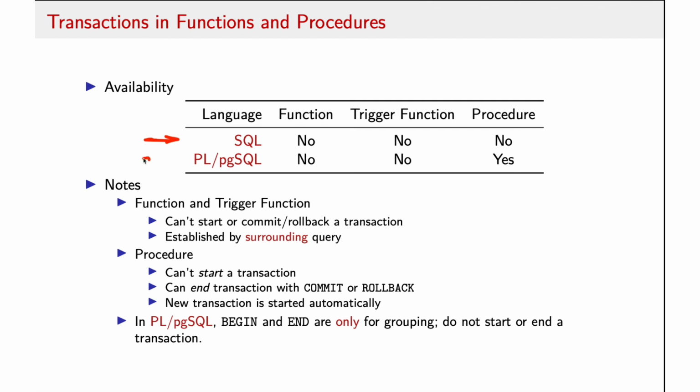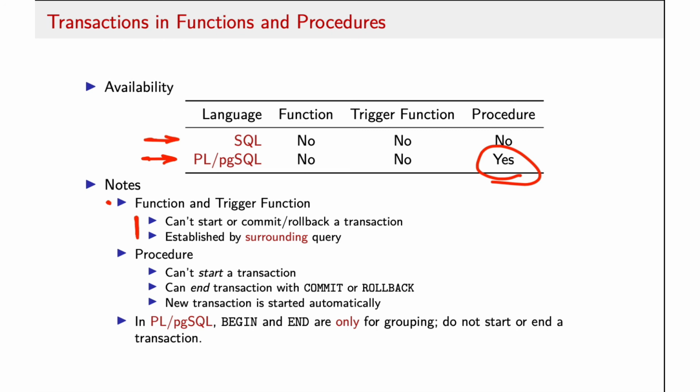On the other hand, if we're writing in a procedural language like PL/pgSQL, we can use transactions explicitly in procedures. We can't do them in functions or trigger functions, but we can use them in procedures. So here are some notes about that. A function and a trigger function can't start or commit a transaction. Basically what a function or a trigger function is doing is assuming that any transaction boundaries that it's operating within have been established from outside of the function, which kind of makes sense in that the